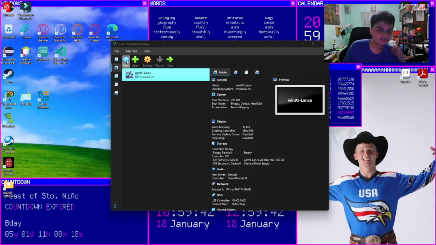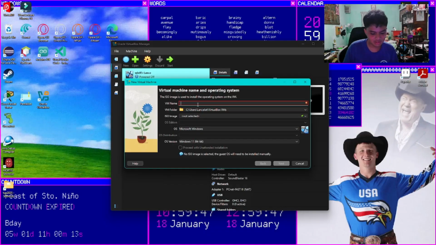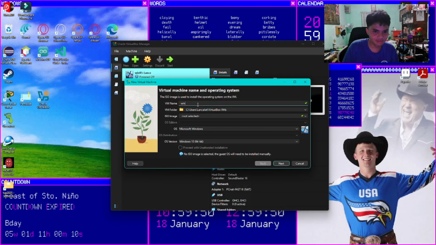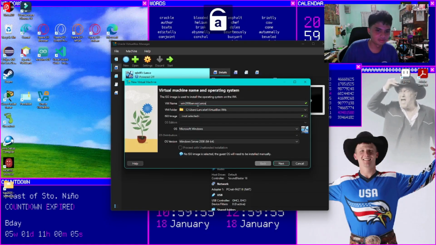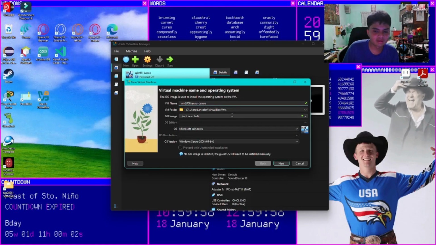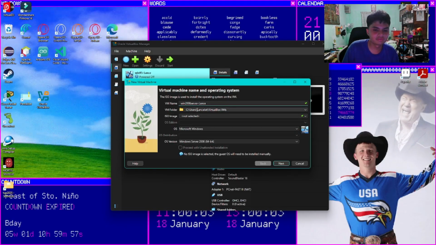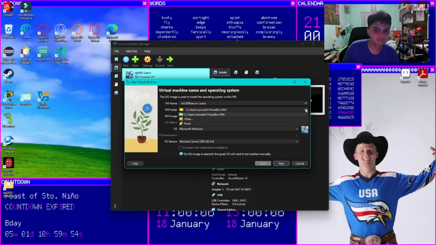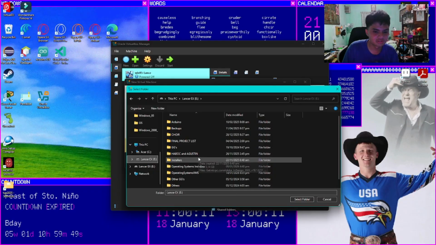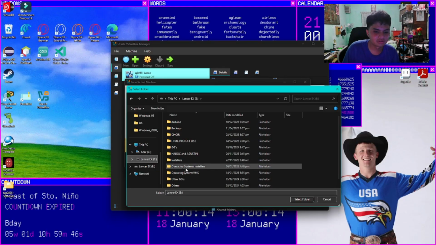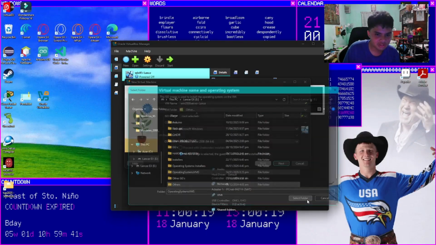First, let's create a new virtual machine and name it. You can name it whatever you want, but I'm gonna name it Win 2008 Server, then I'll put my name there. Then I'm gonna put an ISO image later, but you can change the VM folder if you want. Since I'm using an external drive, I'm gonna change my VM folder, but again, it's your own preference. So I'm gonna use this directory to install my virtual machine.